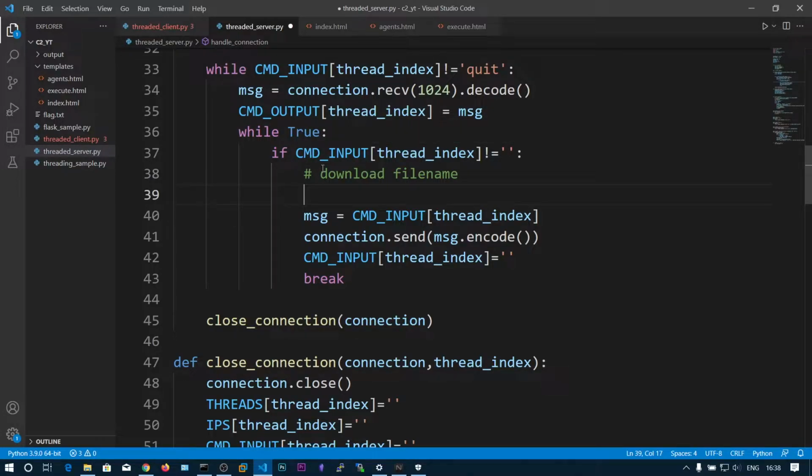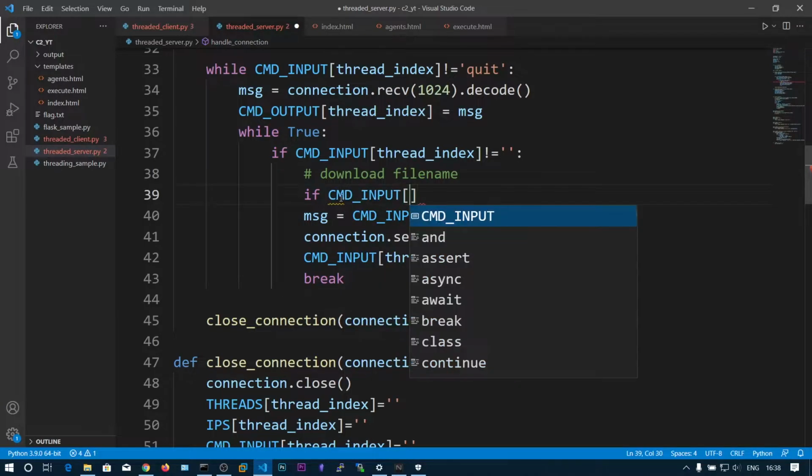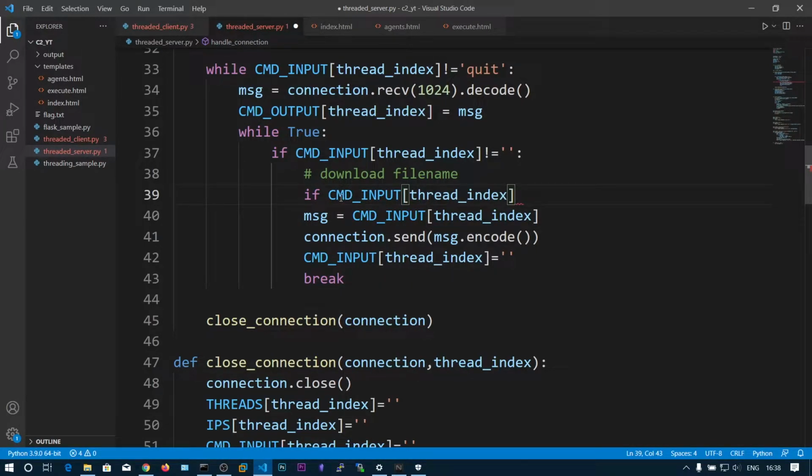The first checkpoint after the command input is not equal to null, if cmd input of thread index, so that means the user has entered some command in the web page. Dot split, so we need to split this using the white space. So this will be split into the list, and we need to get the first value, that is download. So we are checking if the user has entered the download or not. If it's equal to download,